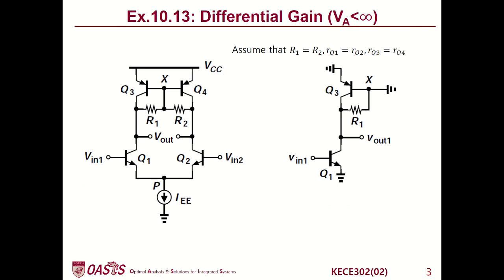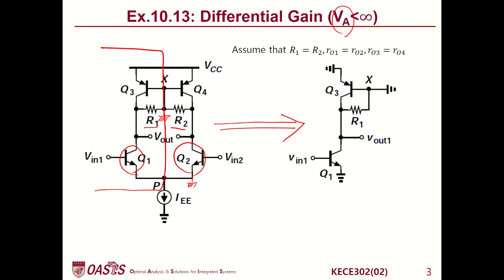In this example, we assume that only the Early voltage effect cannot be neglected. That means that we do not neglect RO1 for Q1 and RO2 for Q2. By assuming that node P is virtual ground, we can find the half circuit. And also, assuming that R1 and R2 are the same value, the center can be a virtual ground or AC ground. So converting the circuit like the circuit on the right,